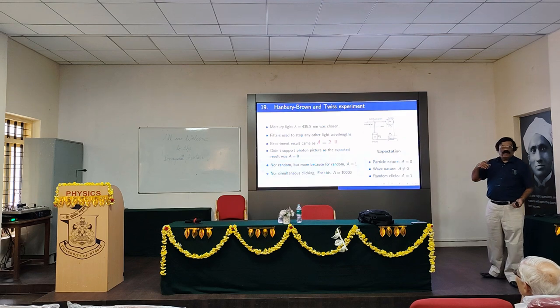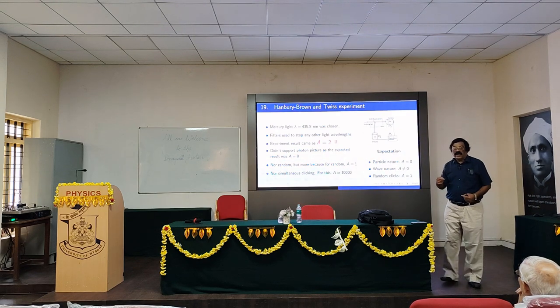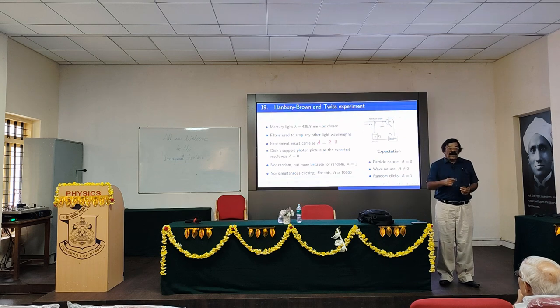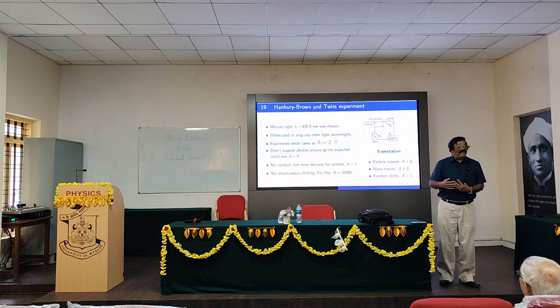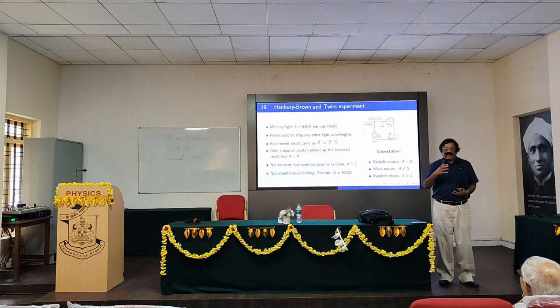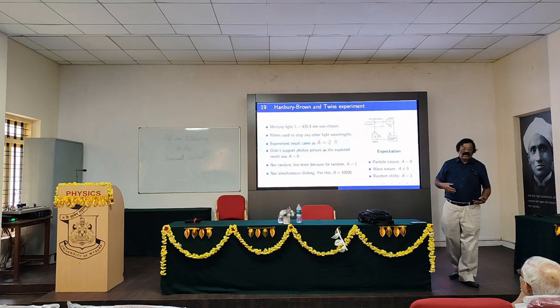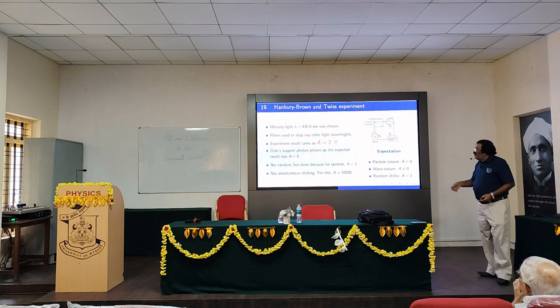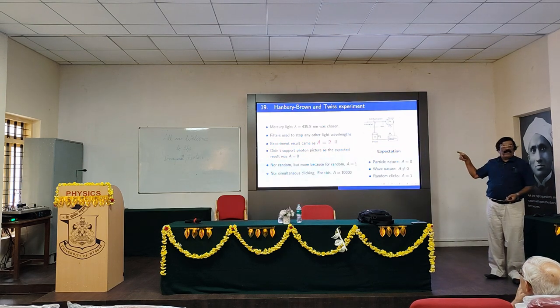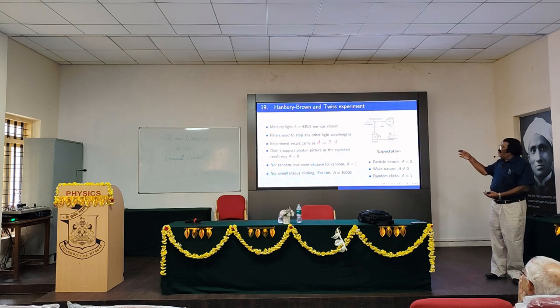Anyway, the Hanbury Brown Twiss experiment, they got the Nobel Prize because in their experiment, they correlated the intensity at one place with the intensity at another place. So, not the electric field, it is the square of the electric field, the intensity. That is why they got the Nobel Prize. And more significantly, this interferometry is used in astrophysics. You collect starlight at 2 different interferometers and find out some interesting properties of light. Anyway, the Hanbury Brown Twiss experiment I am telling you is almost similar to that. So let us come to this.